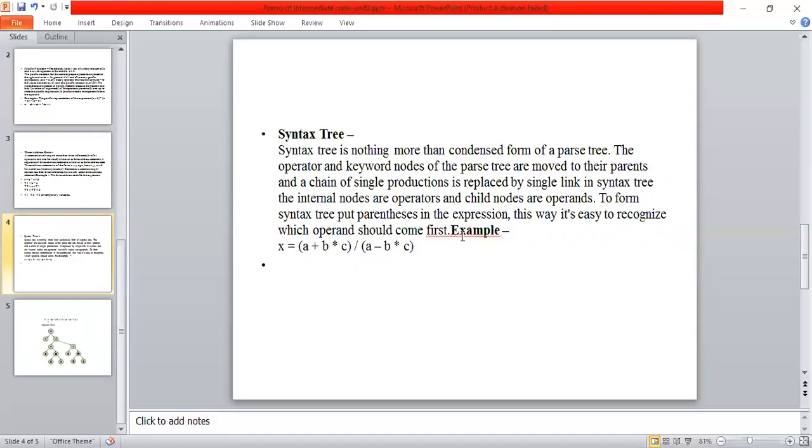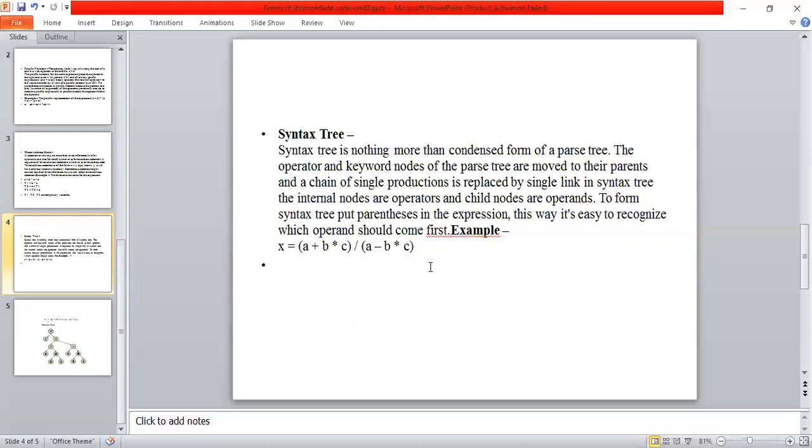A syntax tree, simply, we can say, is a collection of nodes and edges. In this collection of nodes and edges, the internal nodes are nothing but operators, and the child nodes are called operands.